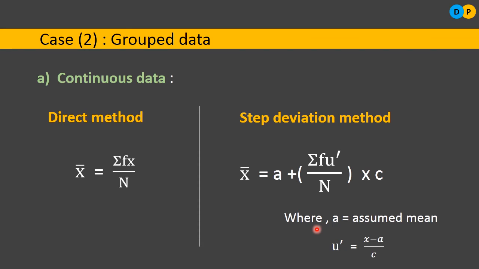So we will be having different sets of formulas to find arithmetic mean for both grouped as well as ungrouped data. In ungrouped data, you will be using direct method and deviation method. Similarly, in grouped data also, we will be facing two different sets of problems. First one, the data may be discrete. For discrete, there will be two sets of formulas, direct method and deviation method. If the data is continuous, here also we will be finding two methods, direct method and step deviation method.